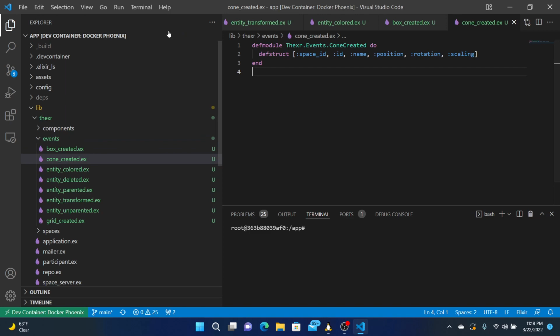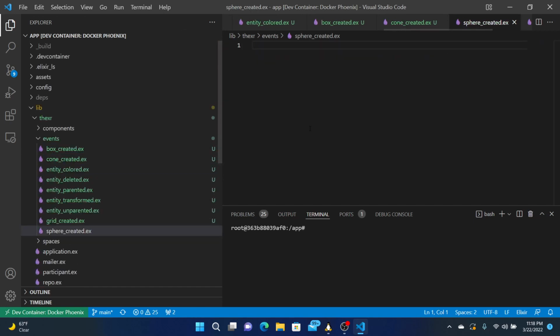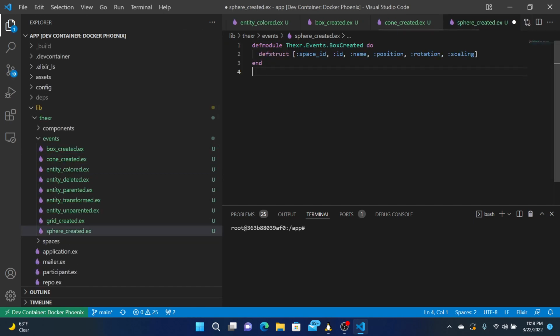Maybe one more. Sphere created. Sphere created. All of these could be enhanced by who's creating it.